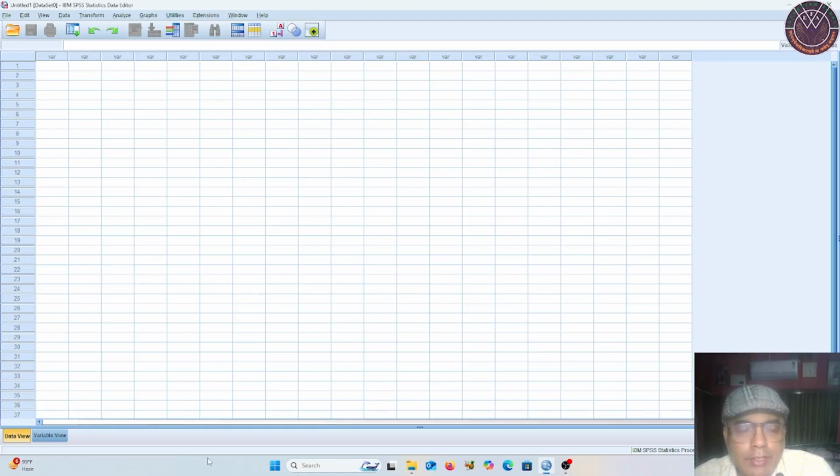So, as you can see, this is the home screen of the SPSS software. Whenever you open SPSS, you will get this particular home screen. And you can see in the top corner it is written Untitled IBM SPSS Statistics Data Editor. This particular software is made by IBM, and this is, what you can say, an